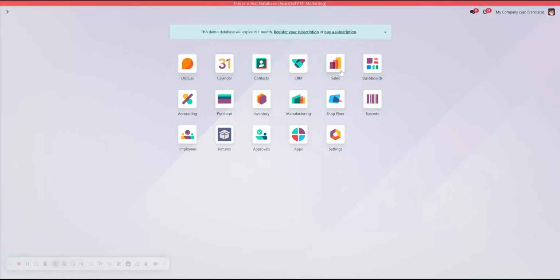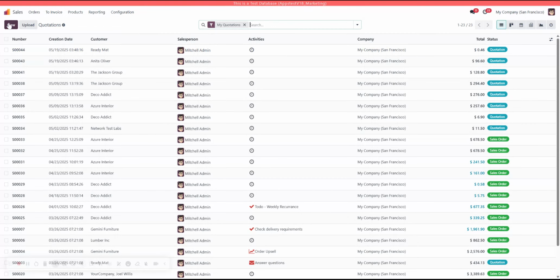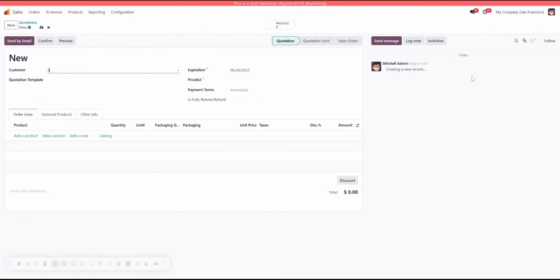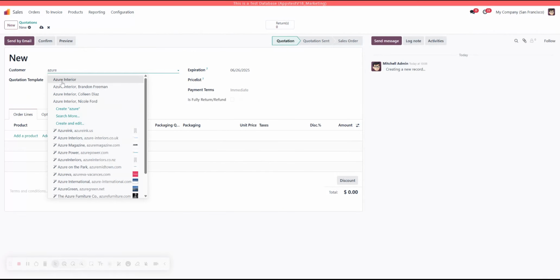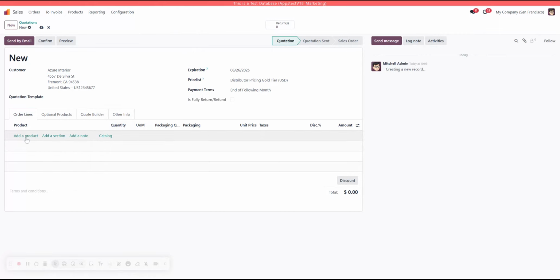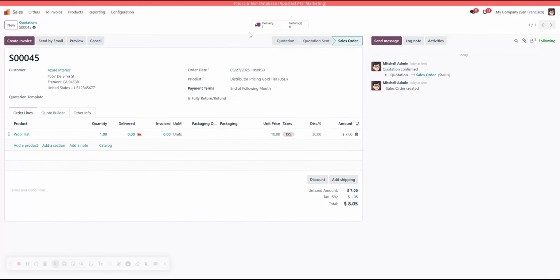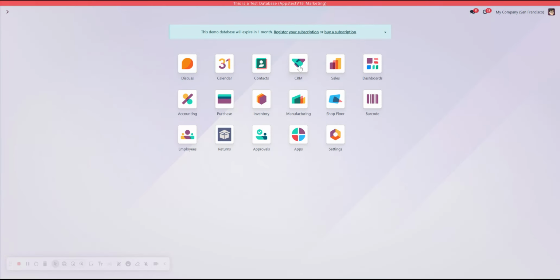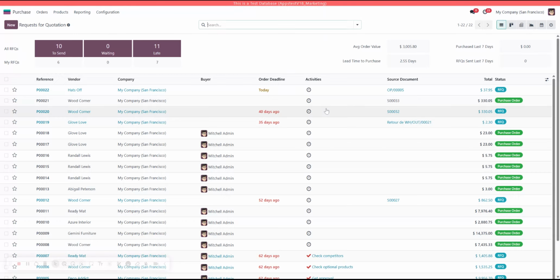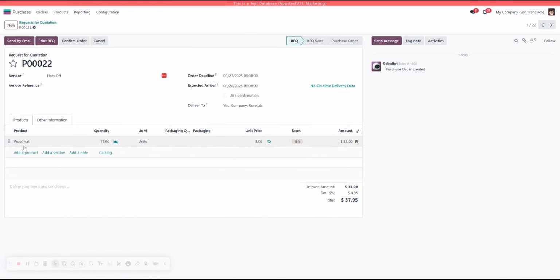What that does is when a product is ordered and it's not in stock, if you have a reordering rule in place, it will create a purchase order for the product. And we can confirm that by going to purchase. You can see here there is a brand new RFQ. It's for a wool hat, or 11 actually,